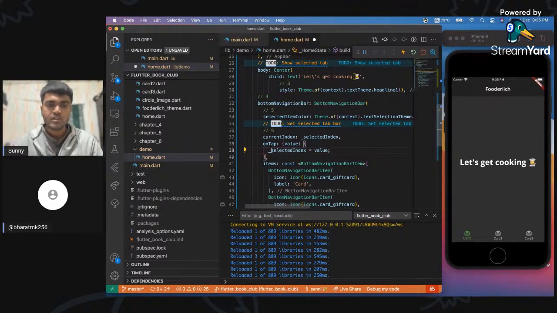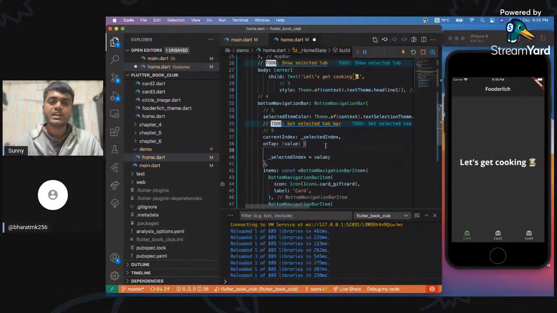Okay. Now what will happen is that whenever we tap, the index starts from 0, so the first will have 0, the second will have 1, and the third will have index 2. When we tap, the value for selected index will be set to that number, but still it is not changing. So coming back to stateful widget, in stateful widget, whenever we need that stateful widget to update itself, we